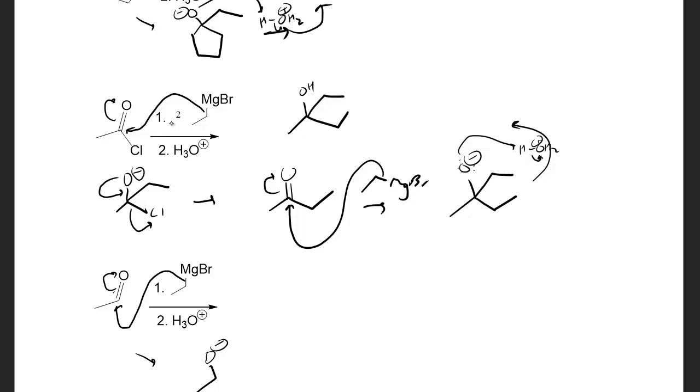Once we push those electrons up, let's just clarify what's attached here now. So we've added our ethyl group. So that is the ethyl group that we've added and formed that bond there. We also have a hydrogen attached to this, so those are the 4 things attached. When these electrons come back down, there's nothing available for it to kick off. Our hydride anion is not stable enough to easily kick off like our chloride anion was. So that means we are stopped there. Even if we had 2 equivalents of our Grignard reagent, we would still stop there. So now we do a workup with water, so with H3O+,